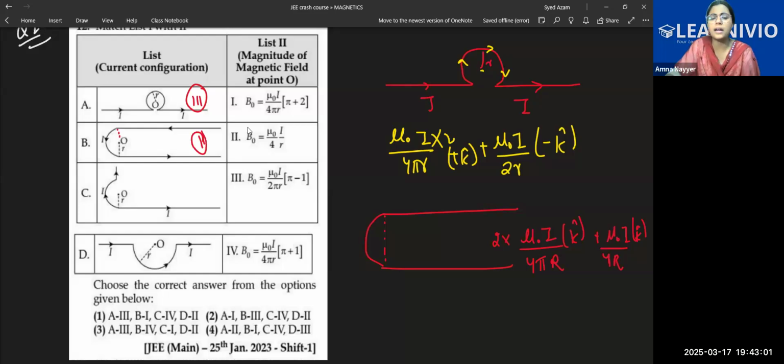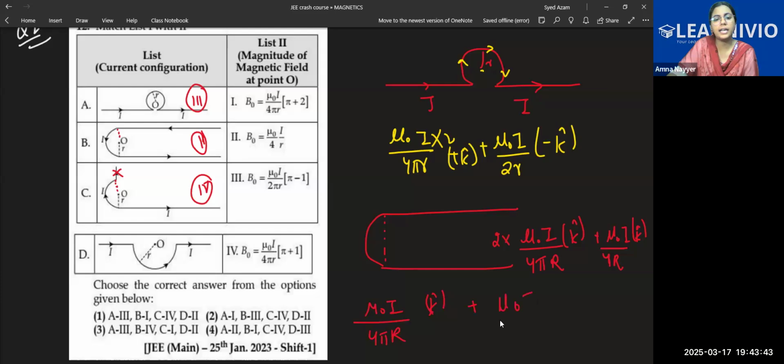Right now I'm just making you practice these figures if such figures come. See, this part is the same. The wire that was present like this has been put like this. Now this wire is not existing for us because this point is lying on its axis. So same thing, but you won't have it. So it will be the fourth option. Why? The mu naught I by 4 pi r that we write, we are not going to multiply it with 2. So same thing, k cap. And this time this is moving inward, so it will be subtracted also.